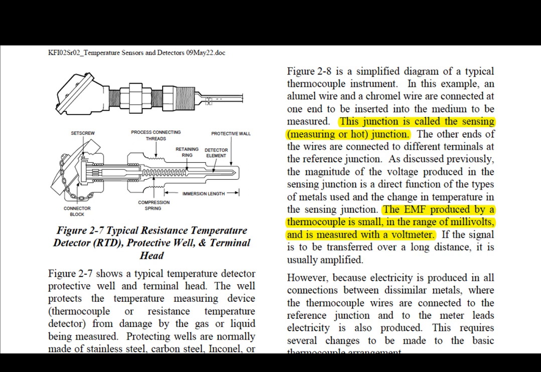T average is approximately 575 degrees Fahrenheit, and that is an average of all three of those thermocouples and what they're reading during normal operations. So that's pretty interesting there. Okay, moving on